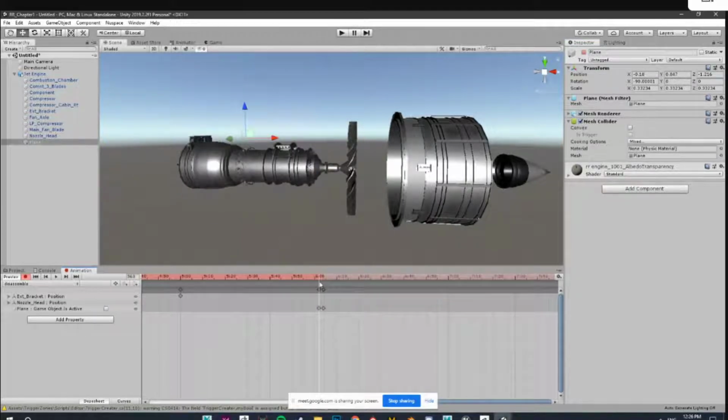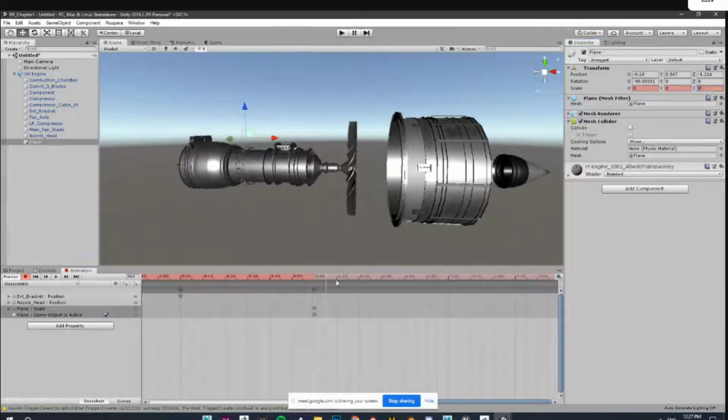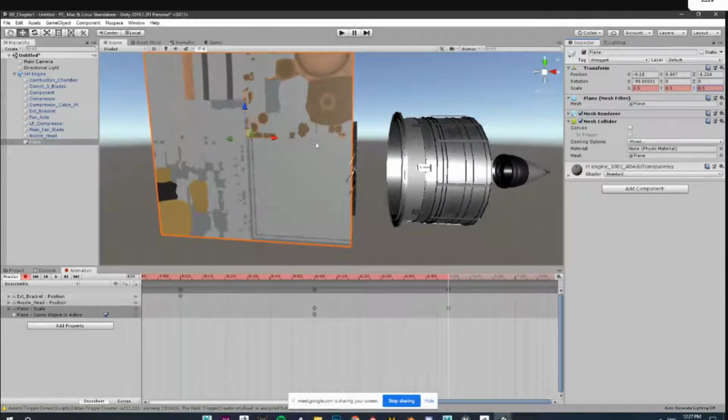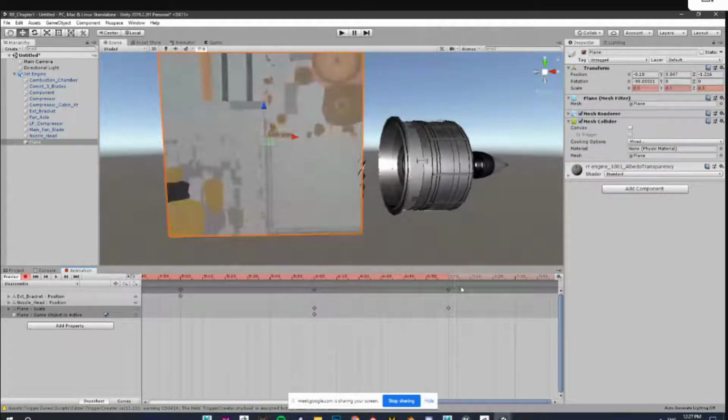Alternatively, you can also use scale animation. For example, if I remove this inactive and active one, let's say in this particular frame your scale will be 0, 0, 0, and after 1 second, it would be 0.1. So this will give you this kind of animation.